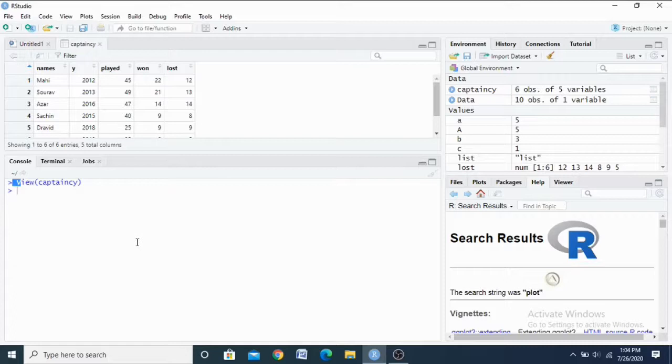Now, I have to get the names alone in the data frame. How to get it? You can use the dollar symbol.